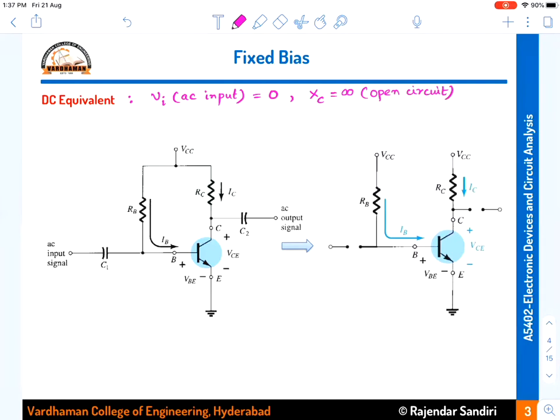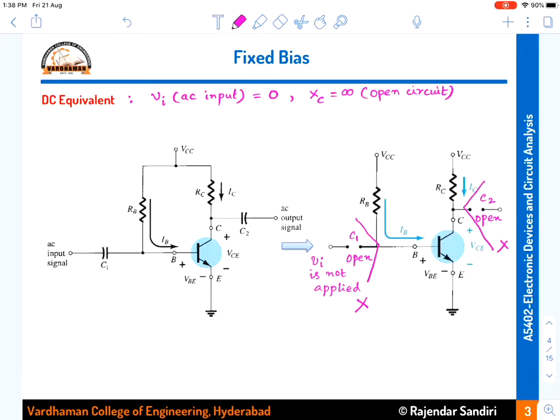So what have I done? These two conditions I have to apply to this particular circuit diagram. Now input is 0. Input is 0 means I should not connect any input. And this capacitor is open. So the capacitor is open, and the AC input, Vin, is not applied. If you apply it also, because this capacitor is open, it will not reach the base of the transistor. And here even this capacitor C2 is also open. This C2 capacitor is open, C1 capacitor is open. So almost like this particular input is disconnected. This is disconnected, this is disconnected.